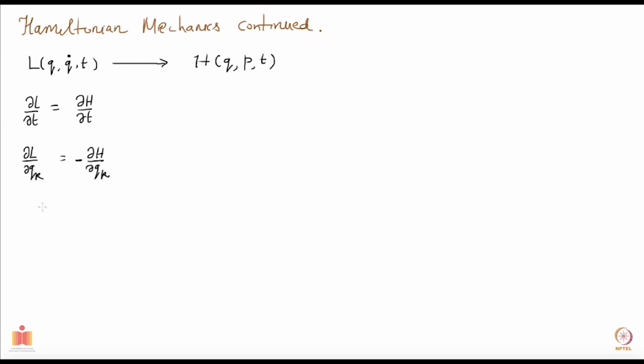And also we had Q dot equal to the derivative of the Hamiltonian with respect to the corresponding conjugate momentum. Remember, the P turned out to be the conjugate momentum that you had seen earlier. So these equalities arise purely from going from L to H through Legendre transformations. You didn't use equations of motion for these to hold true.